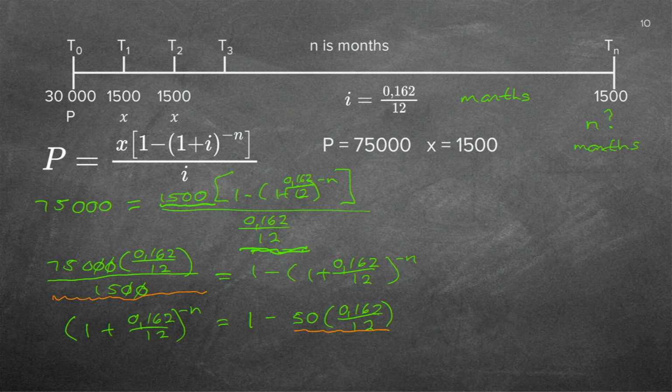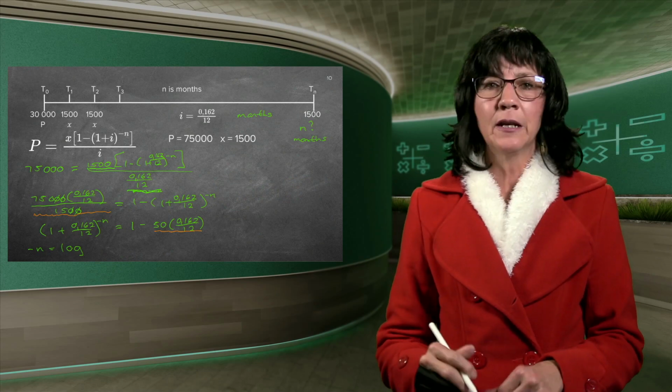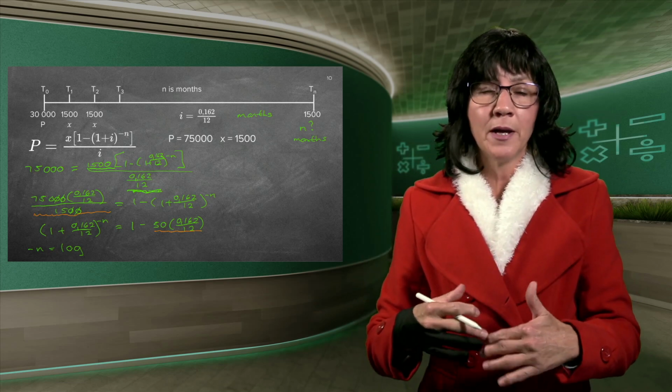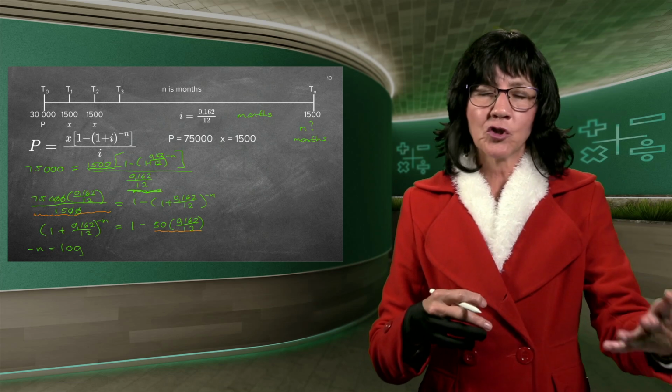Now I need to get that minus n all on its own. Now I'm going to use the method that I prefer. I'm going to write down the minus n is my log. You agree with me? It's my exponent. What is the little footnote? Now, if you want to, because it's a lot of typing and you want to first work out that bracket, feel free to do it. I just don't like working out, writing down, working out, because then you may not use the rounded off numbers. So if you want to work out this orangey thing and the stuff inside the bracket, you may not now round it off because you're still busy inside the problem. Then you need to use your memory and store it every time in your memory.